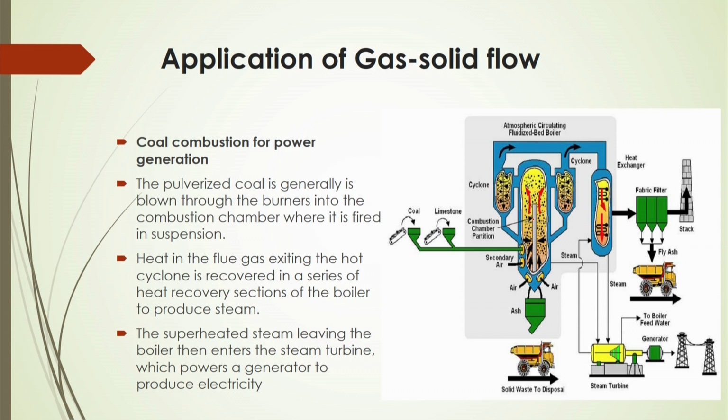So, in this case, whenever you are burning the coal, several components of the flue gas come together, and that flue gas is so hot that if you supply it through the boiler section, steam will be generated, and that steam will be utilized to rotate the turbine to produce electricity. So, that is the main process here.